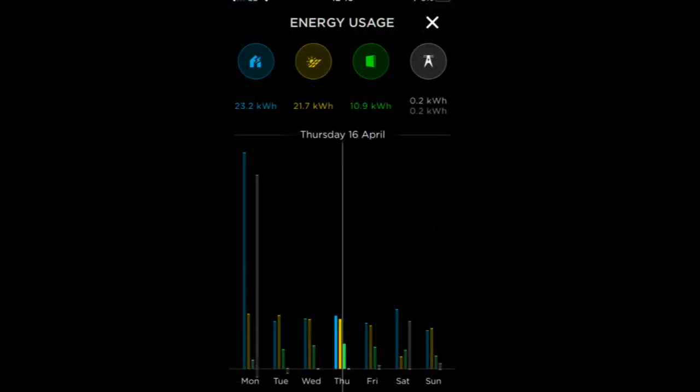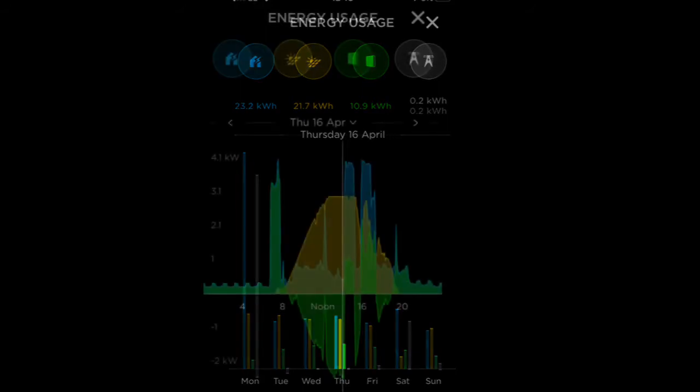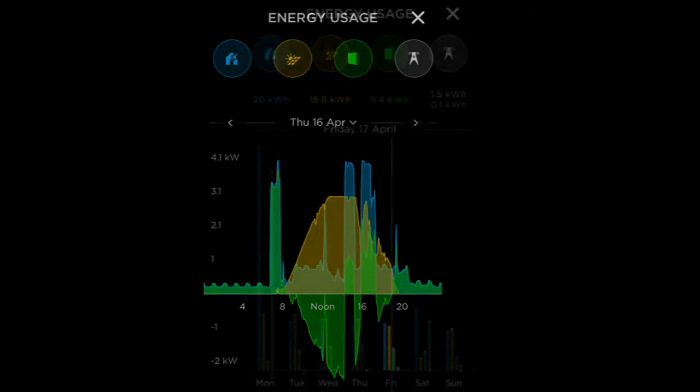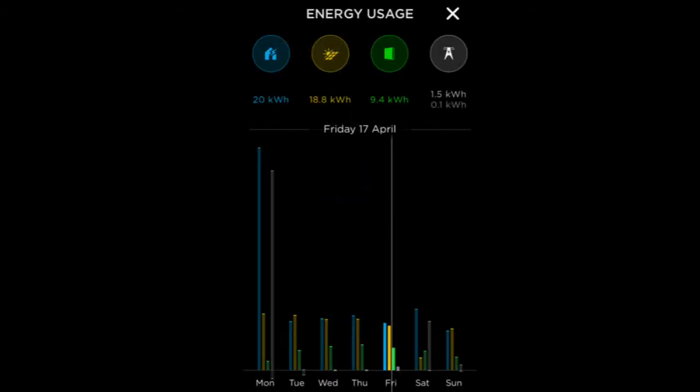On Thursday the 16th of April we only pulled 0.2 kilowatt hours from the grid, so very low again, with 0.2 going back. We got 10.9 kilowatt hours from the Powerwall, which was the most of the week. We generated 21.7 kilowatt hours from the solar, but had a home usage of 23.2. So the battery state of charge by the end of the sundown was slightly lower than normal at around 85%. It's still enough to get us all through the night,